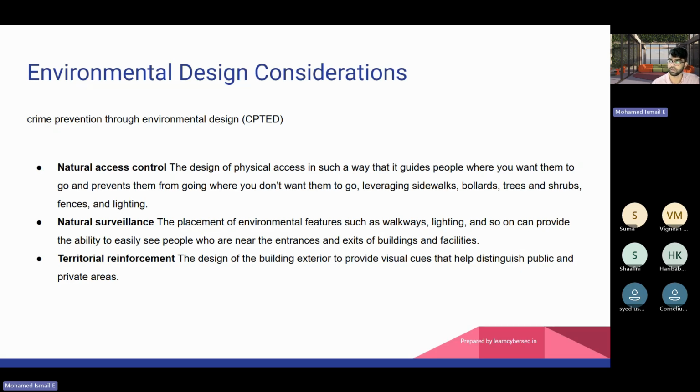If you take any IT complex, they put sidewalks. People walk, and that will take them to the entry or help desk or entry point to get into the building, right? So they use the sidewalk as a natural access control. People will not walk other than on sidewalks, because sidewalks are designed to walk, so that they will not go to other places. No one will go and ask which building I need to go to, because every signboard clearly indicates with an arrow mark, and proper sidewalks are constructed in the IT building or IT specific